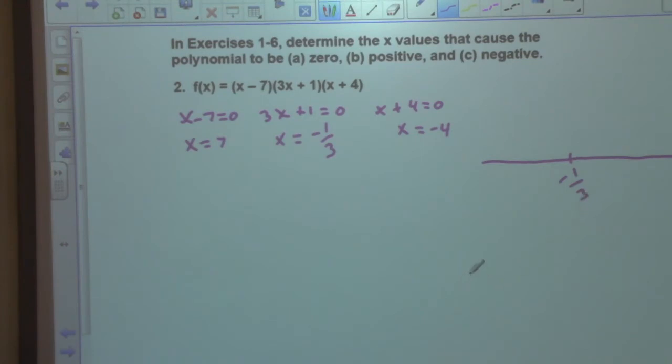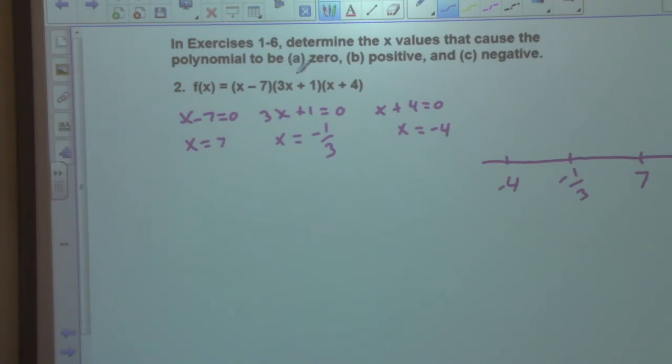And then -4 over here. And 7 on the right. Okay. -5 would put it to the left. So -5, plug in -5. We get a